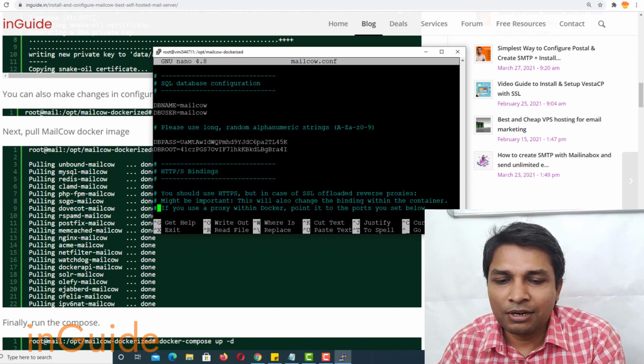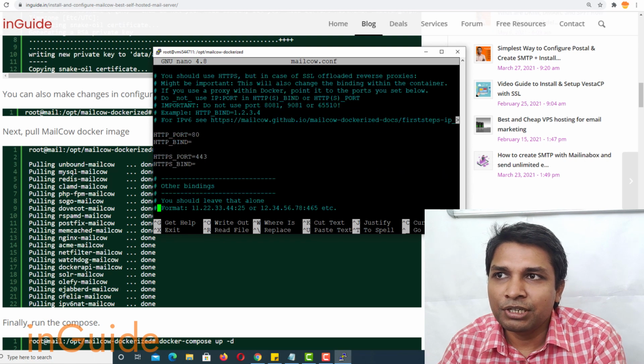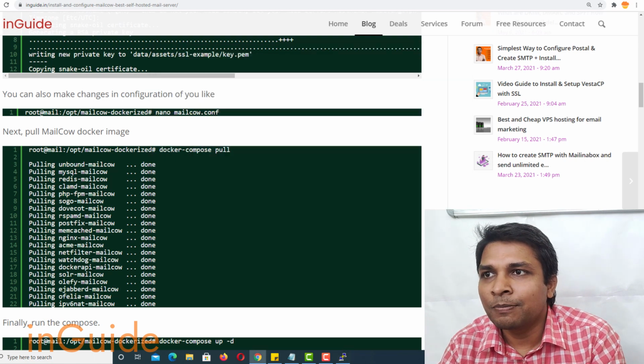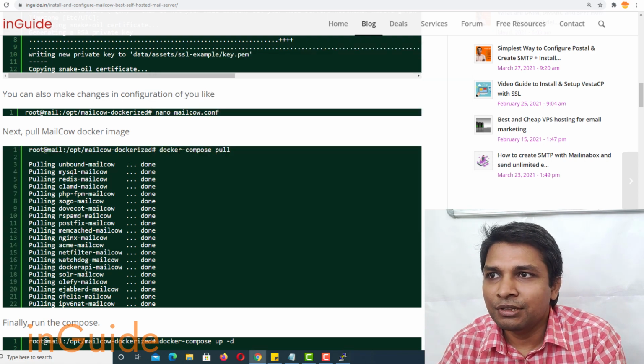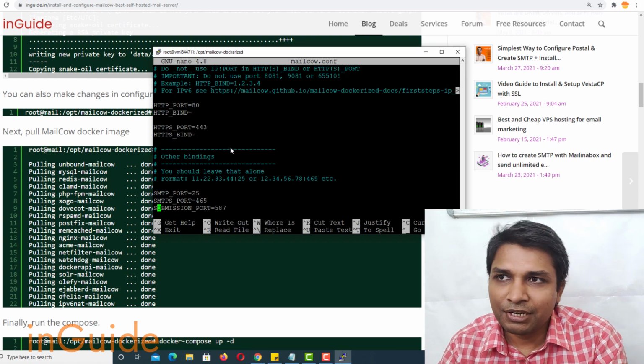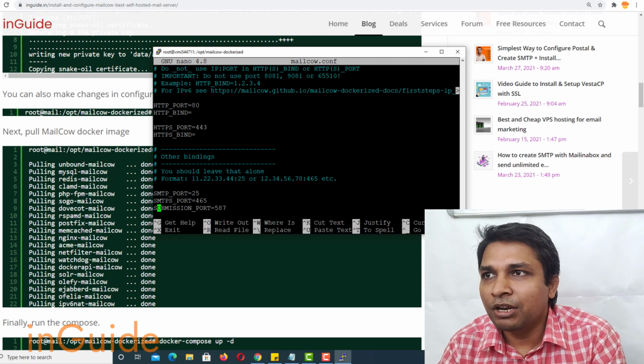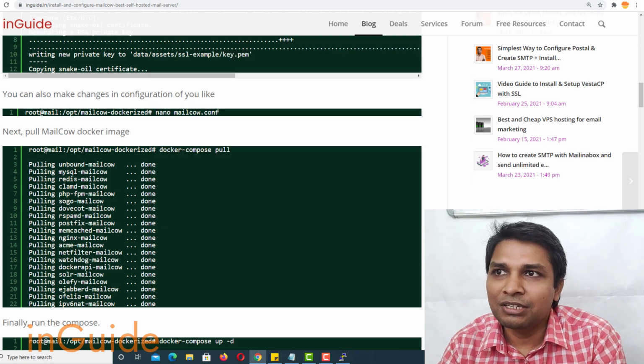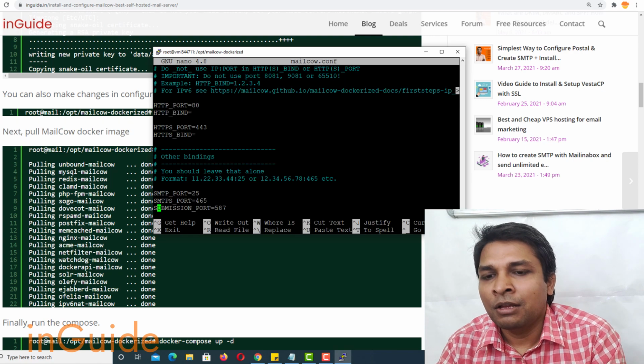So here you can make all those changes before executing this command. I executed this command beforehand. So if you want to continue with default settings, no problem. You may not do any changes in the configuration file.